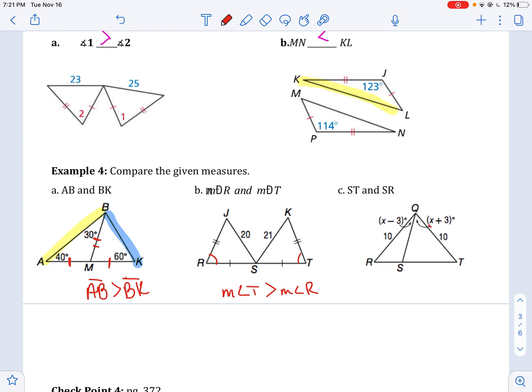And on C, kind of a tough one. What do you think? Which one would be larger? And if you get confused, if you'd like some time to think about it, you can always pause the video. I like to struggle with these on my own, but if I'm not sure, a quick way that you can make this problem easier is by plugging in some number or substituting in some number for x. So if I substitute in a 10,